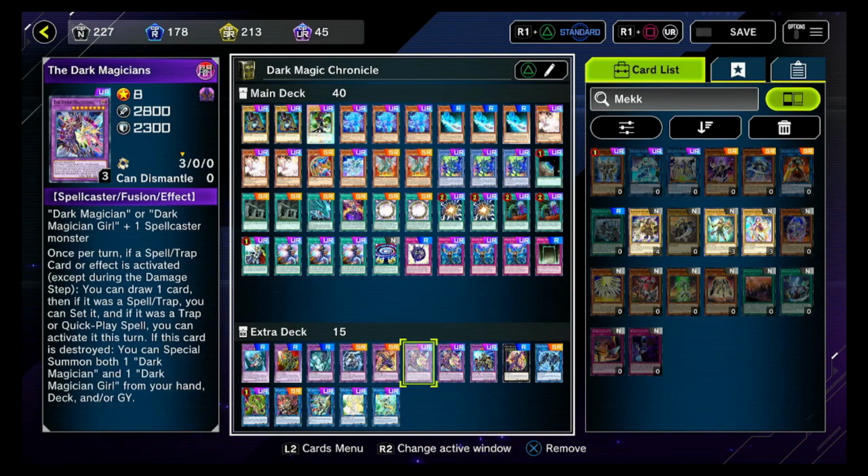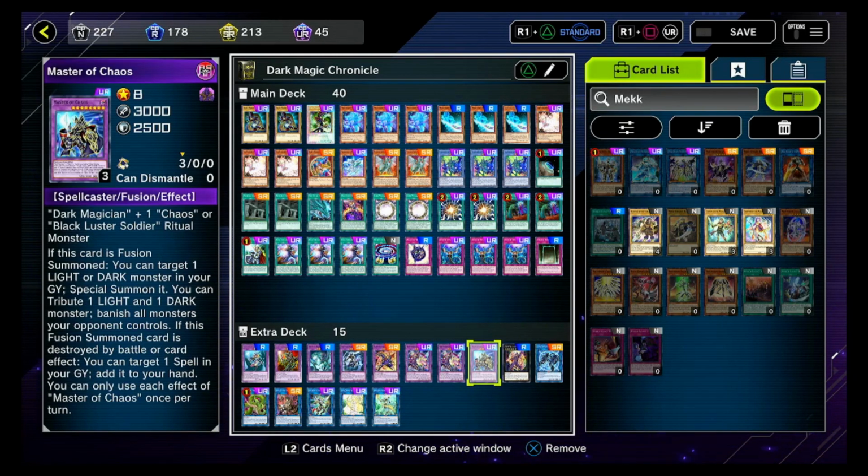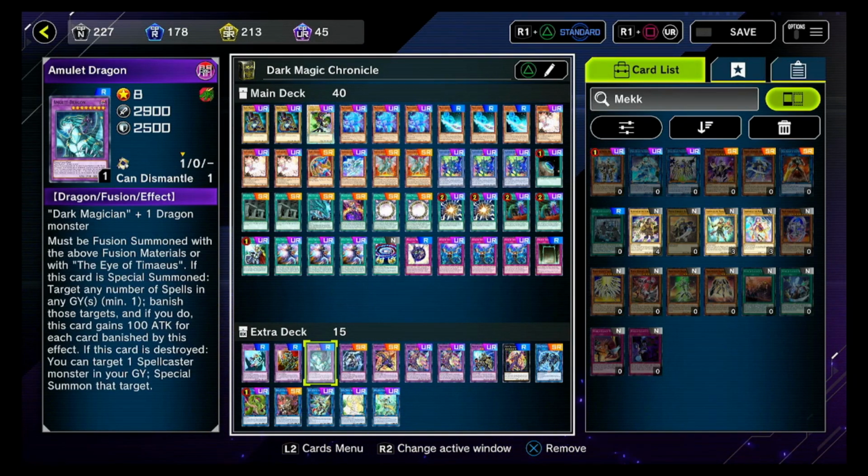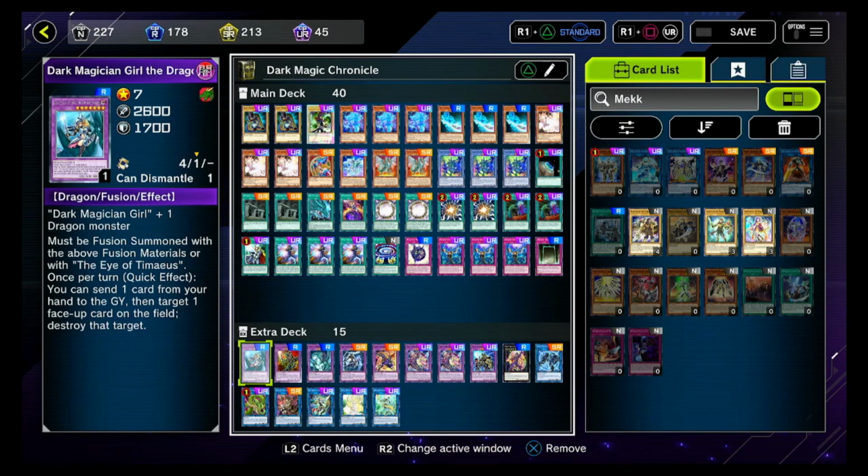We're playing 2 of the Dark Magicians since it floats into the Dark Magician and the Dark Magician Girl. And yeah, everything else is pretty stock standard. I just threw in 1 of each of all the fusions, just for super poly targets and things like that,